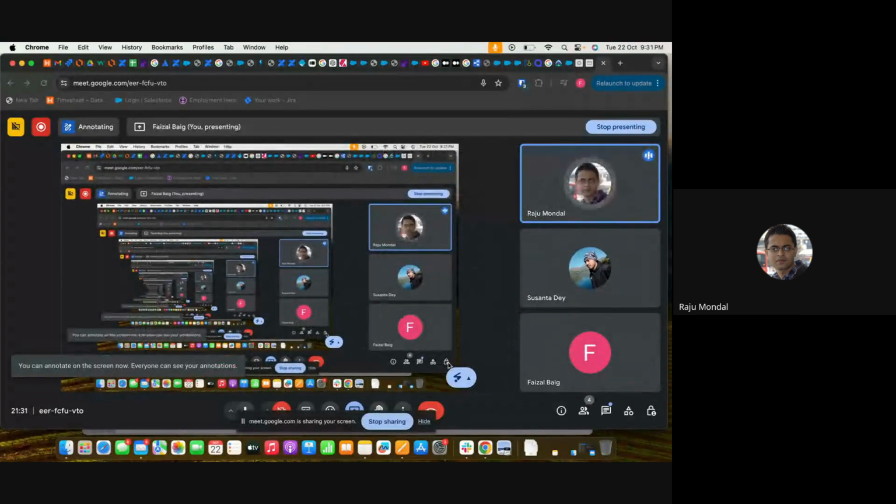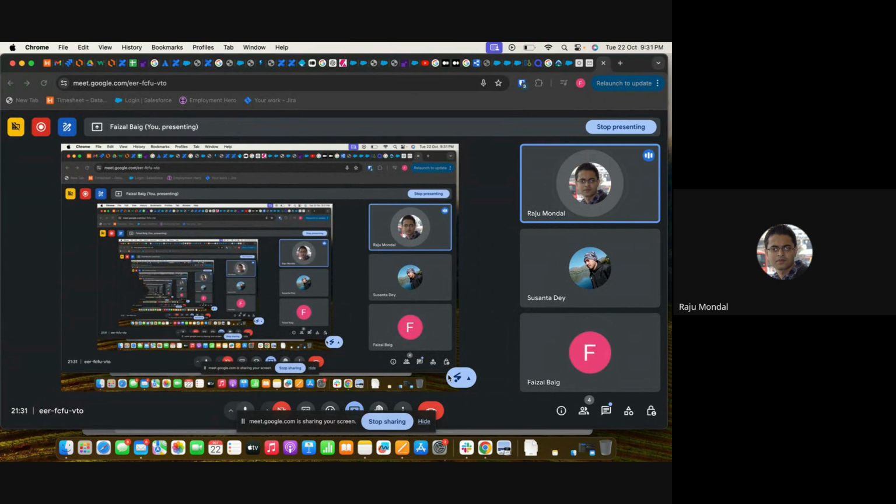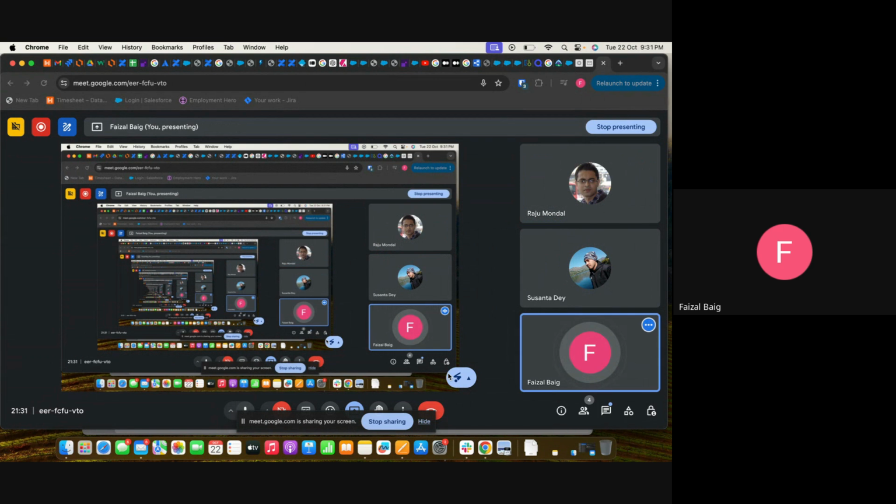So that means this Salesforce data is working on the fly, but the normal data extension will take a little bit of time to synchronize. Correct, that's correct.